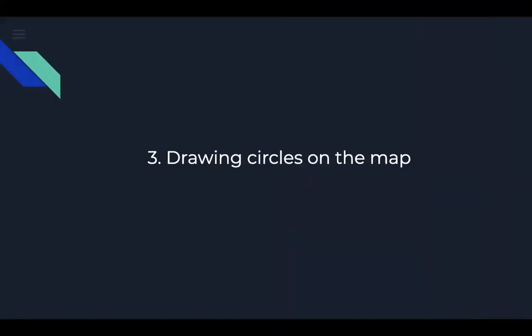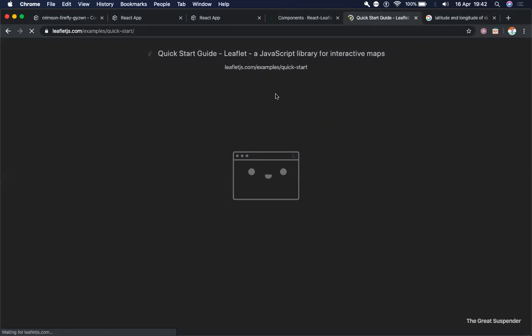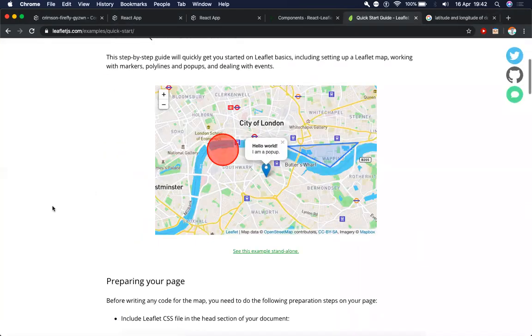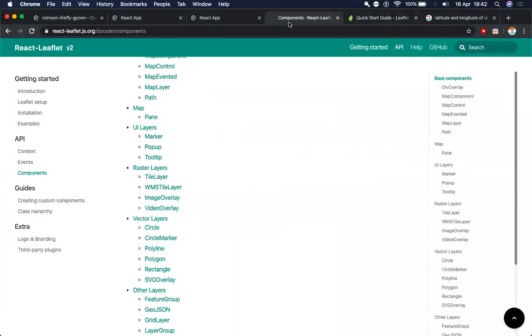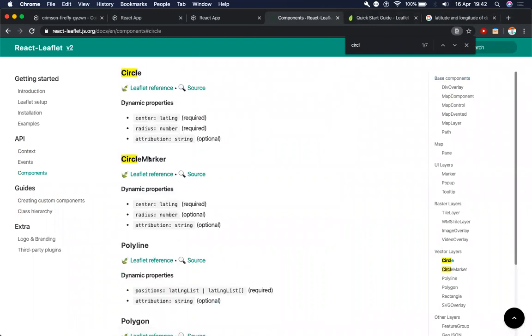So right now we have done getting started with maps. The next part is drawing circles on the map. To draw circles on the map, we will be going to React Leaflet's documentation. We can Control F and search for circles. We click on circle over here and we see that